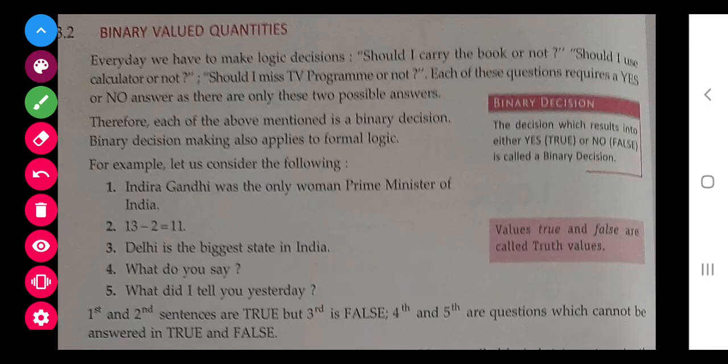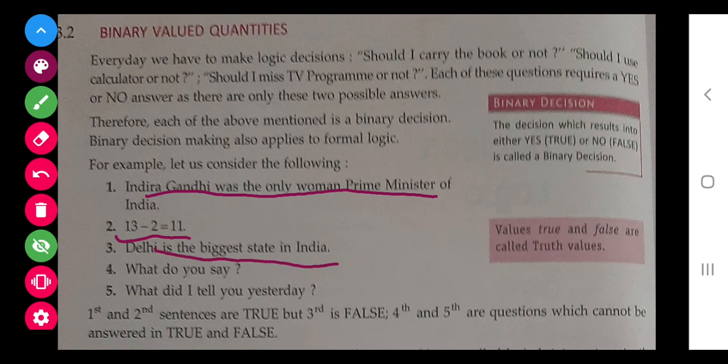So class, first of all, binary valued quantities, or you can say statements for which we can say yes or no. For example, the first statement: Indira Gandhi was the only woman president of India. This statement is true. Second statement: 13 minus 2 is 11, true.